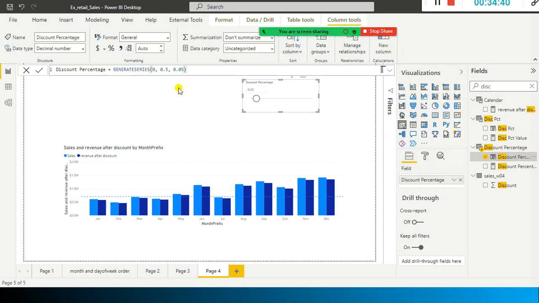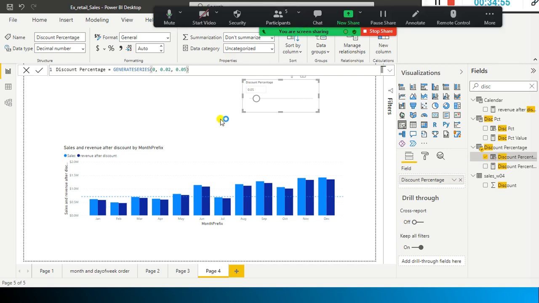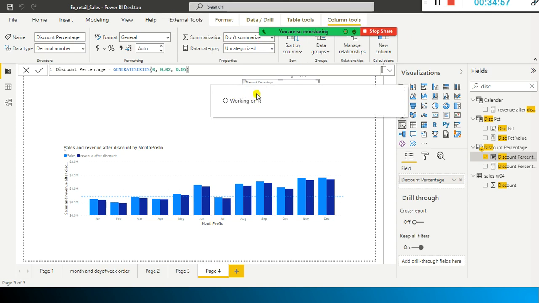Here I just go ahead and change it to something like 0.02, to get more granular information. Instead of directly going to 0.05, I just start with 0, 0.02, right, something like that.